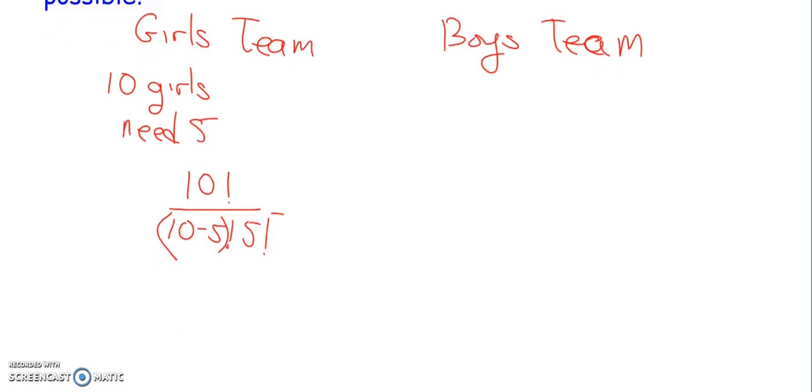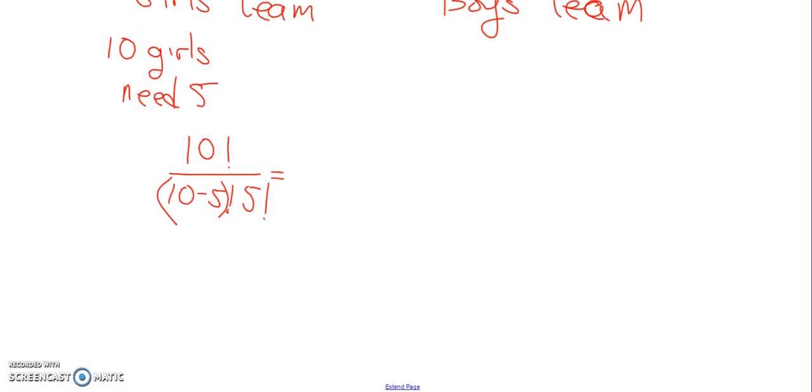All right. So what this totals out to is going to be 10 times 9 times 8 times 7 times 6. The 5 factorial is going to cancel everything after that: 5 times 4 times 3 times 2. Let's do 3 times 2 is 6. 5 goes into 10 twice. 4 goes into 8 twice. So that's going to be